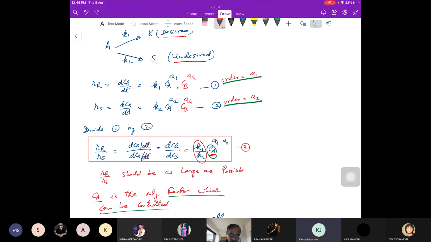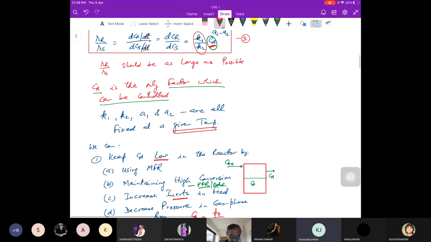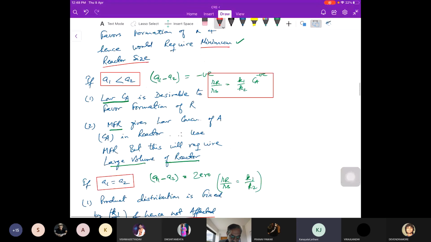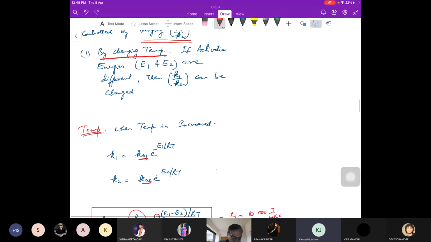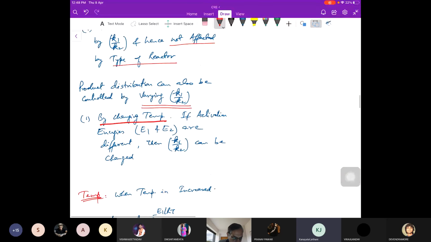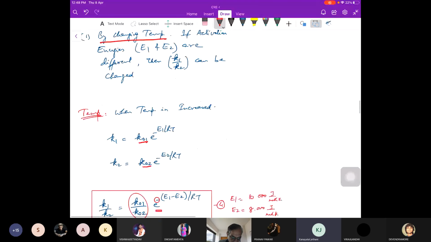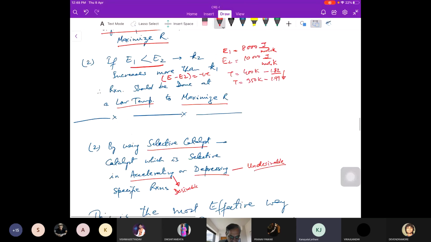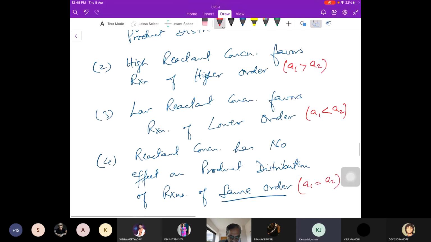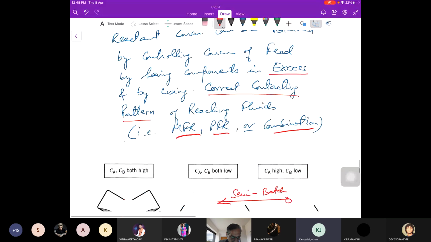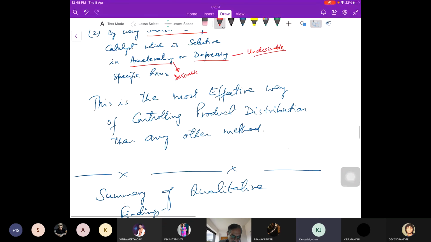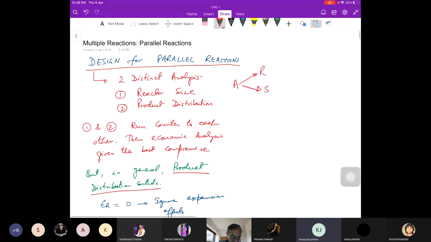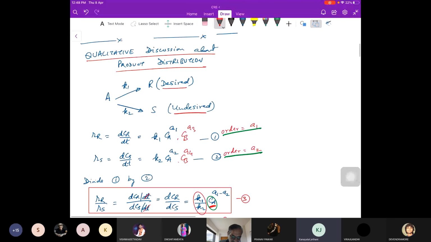बराबर. That's what we are talking about. If there is more than one reactant, generally एक ही reactant नहीं रहता है. होता है किसी किसी में polymerization वगैरह में एक ही reactant रहता है, कभी कभी दो भी रहता है. So it all depends on what is the reaction, is it single reactant or two reactants. So we are talking about two situations in which there are two reactants, and it will all depend on A3 and A4, right? So this order of reaction, which is A3,